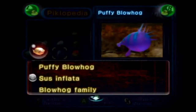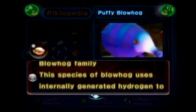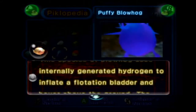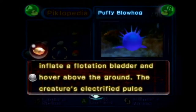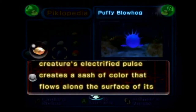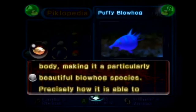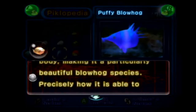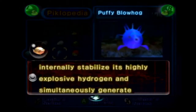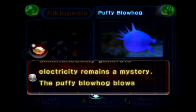Puffy Blowhog, Sus inflata, Blowhog family. This species of blowhog uses internally generated hydrogen to inflate a flotation bladder and hover above the ground. The creature's electrified pulse creates a sash of color that flows along the surface of its body, making it a particularly beautiful blowhog species. Precisely how it is able to internally stabilize its highly explosive hydrogen and simultaneously generate electricity